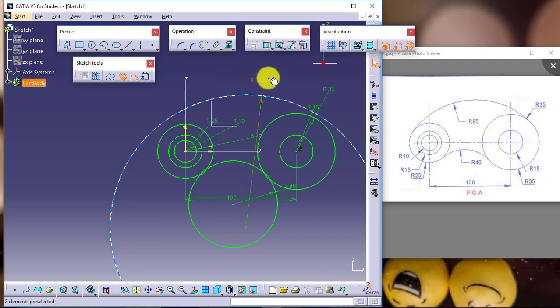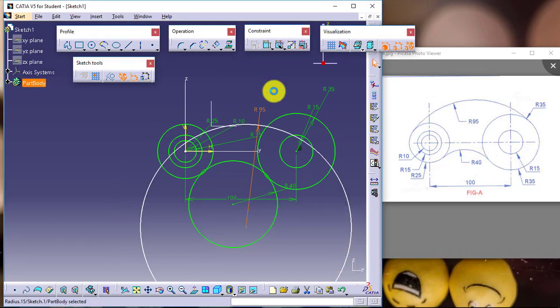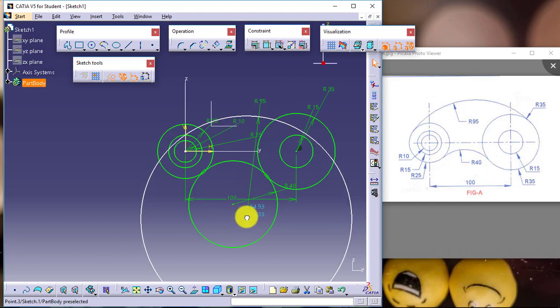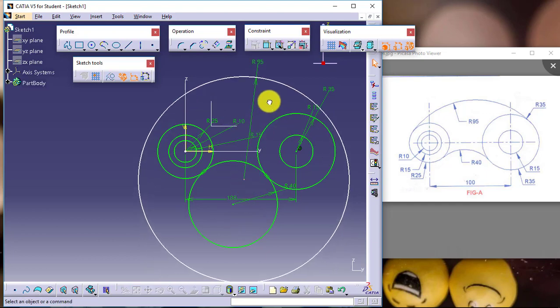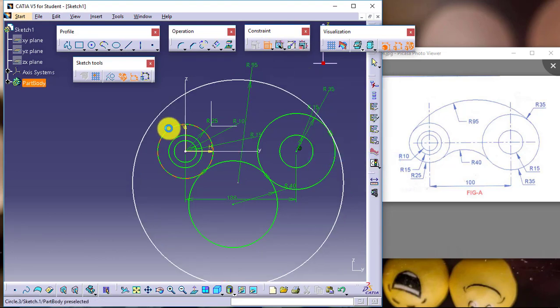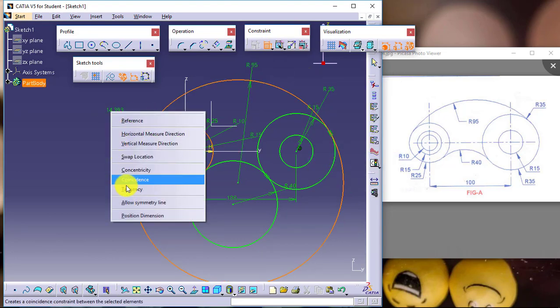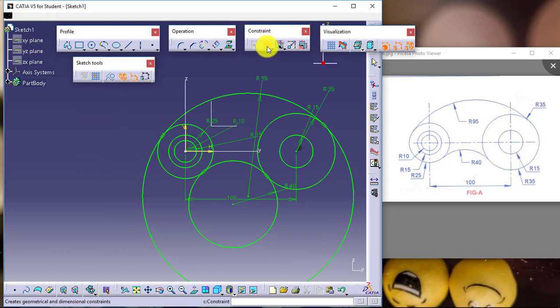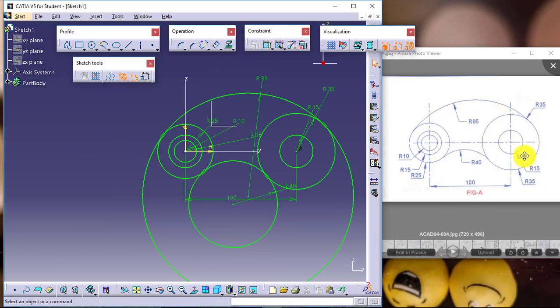Now radius 95, I will shift it a bit like this, and then I will apply the constraints, tangency and tangency. That's it. I am done. I have not used any extra dimensions other than the given dimensions, and the shape is also clear to me.